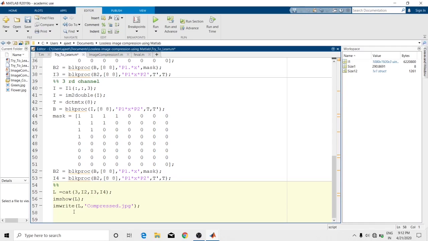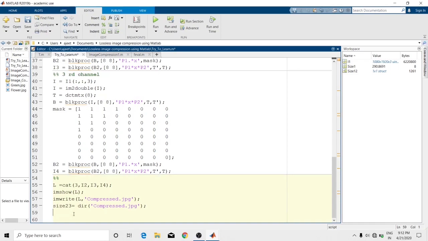So let us take a variable name size23 is equal to dir of, and the name is compressed.jpg. And I have to extract the size in bytes.